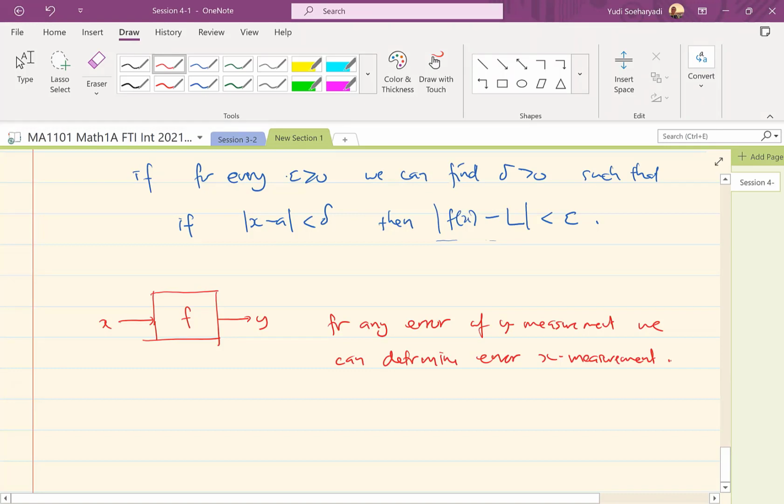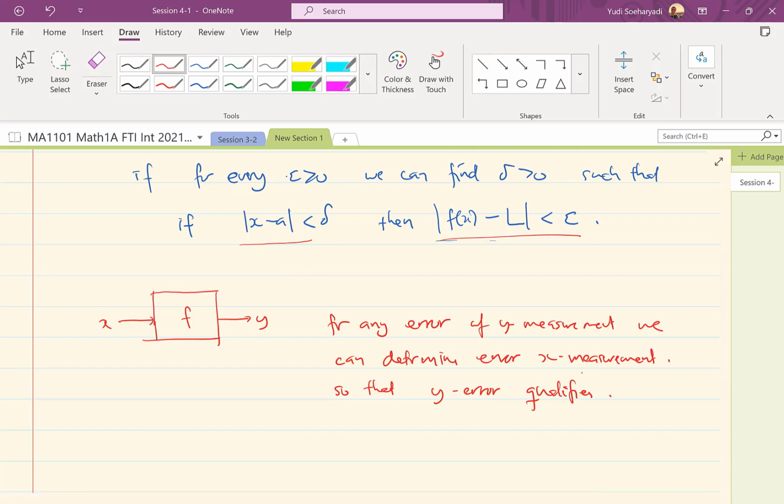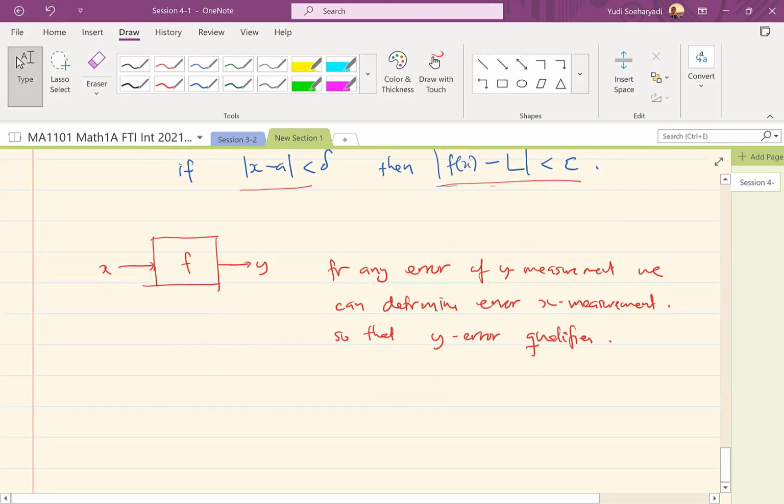Okay, so that y error qualifies what? Qualifies these situations. Okay, so that's the idea of an error. Okay, so how could this be so complicated? All right. Okay, so